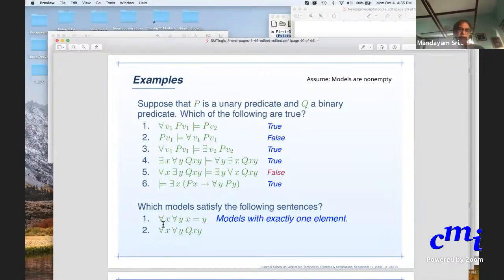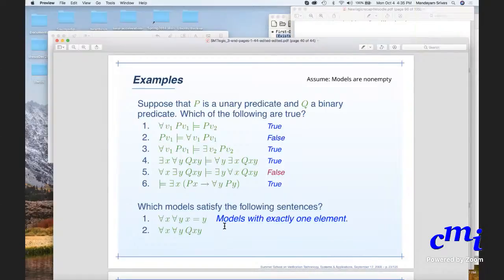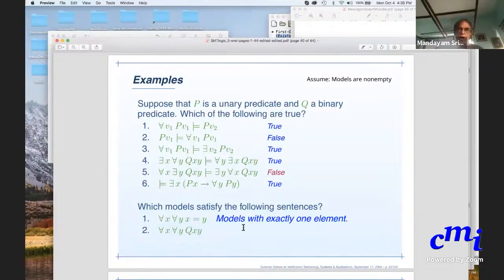For an empty model, for all x is vacuously true. For non-empty models, this is true only with exactly one element, because anytime it has more than one element, you can always pick two distinct elements from the domain to make this false, right? So this is not valid because it's not true for